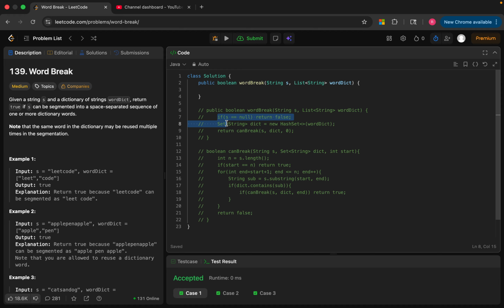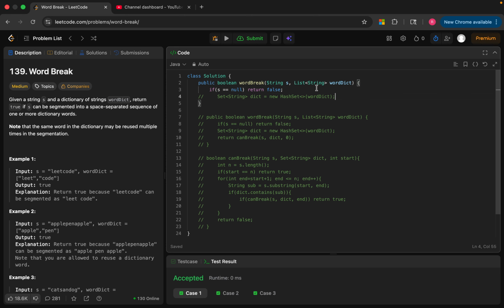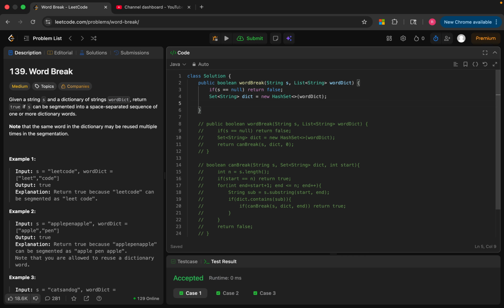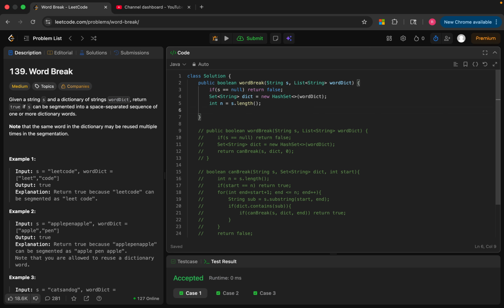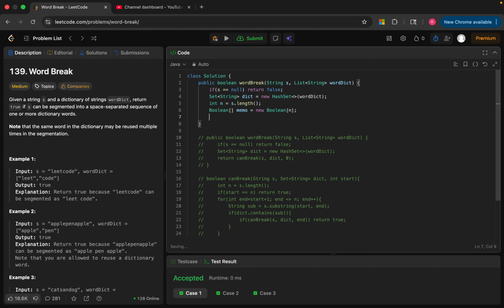We need a set, and we need n, which is nothing but the length of the given string, and we need a boolean array memo of size n. Then we will return the canBreak method